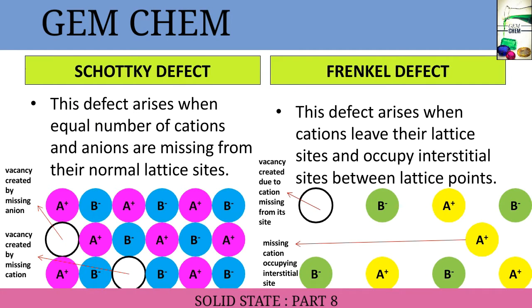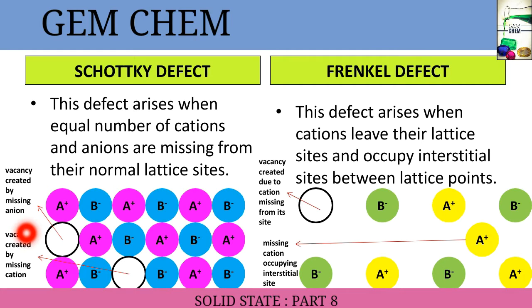Now we will deal with the two kinds of stoichiometric defect, or more specifically intrinsic point defect: Schottky defect and Frenkel defect. This defect arises when an equal number of cations and anions are missing from the normal lattice sites. Now see, this is a regular lattice, so here there would have been a B minus, and here in the down portion there would have been an A plus,